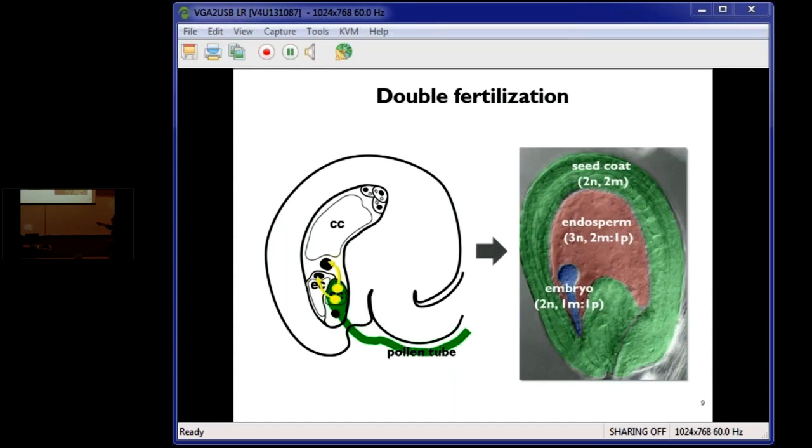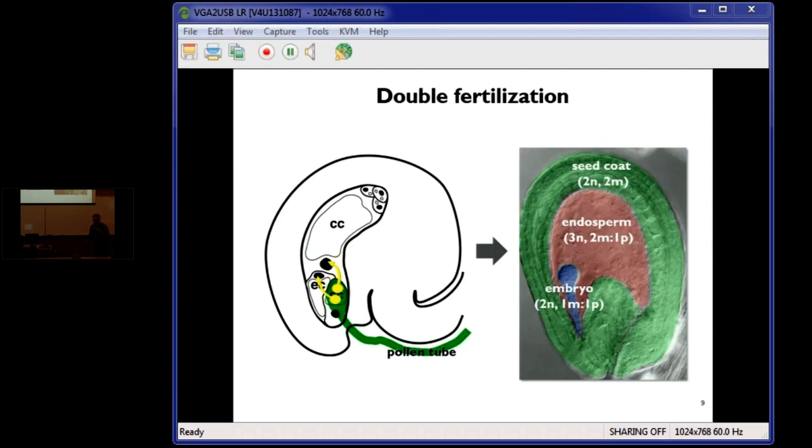The same in plants. However, unlike us, where we are the result of a single fertilization event, flowering plants have a double fertilization event because a second sperm is delivered by the pollen tube. That second sperm finds a larger nucleus, the central cell nucleus. It's larger because it has the genetic material of the egg cell. It's a homodiploid nucleus. So the fusion of the sperm cell with the homodiploid central cell nucleus produces a triploid